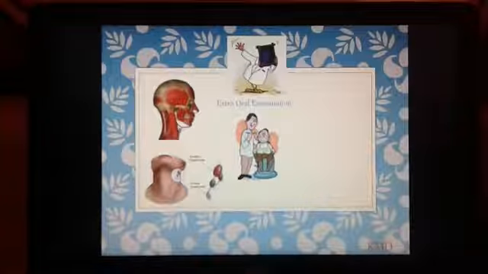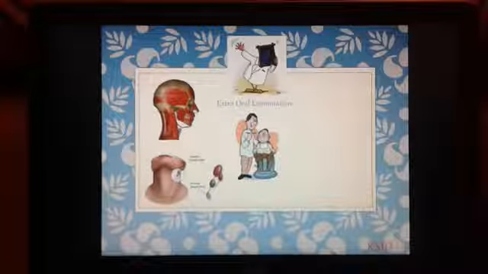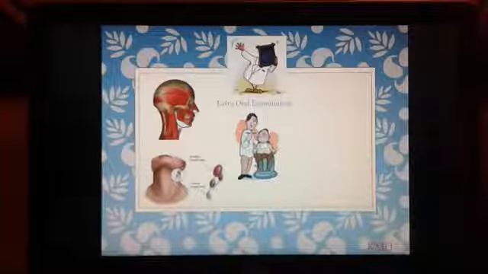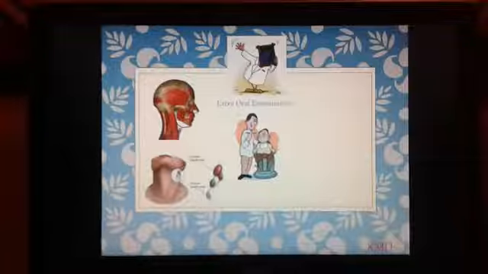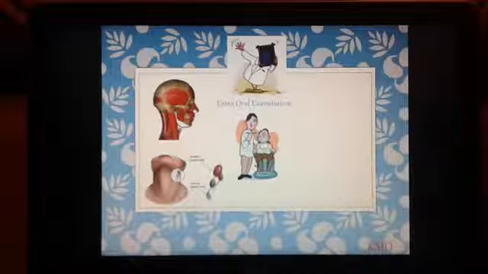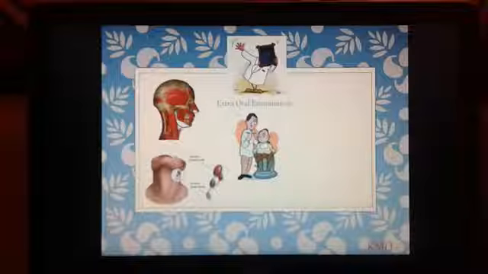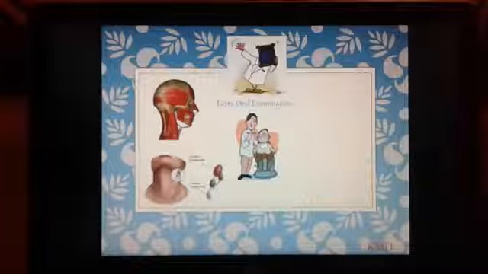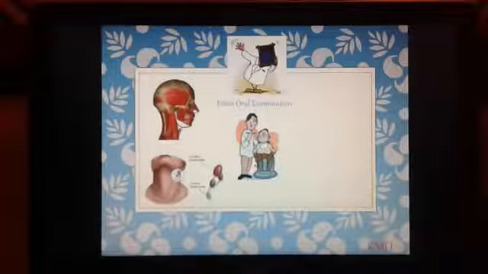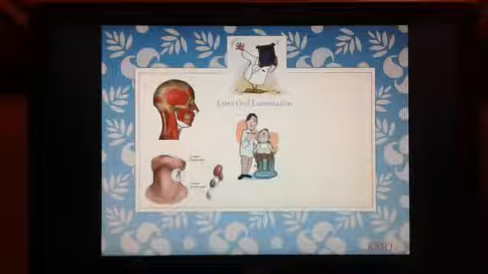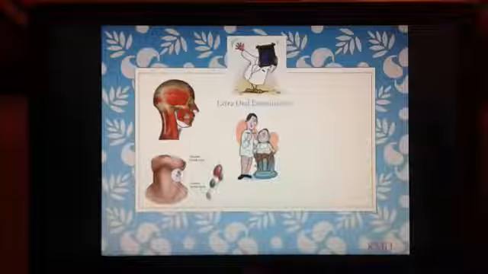There are 7 different levels of cervical lymph nodes. As a clinician, it is very important that we know how to identify these different levels of cervical lymphadenopathy. The first level being the submandibular and the submental lymph nodes. The second level being the jugular nodes, the jugular-digastric and jugular-omohyoid lymph nodes, and the third level being the mid-jugular